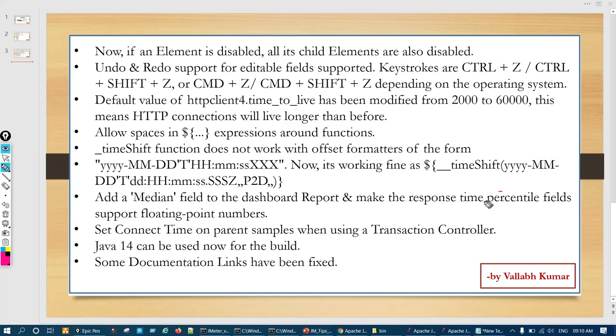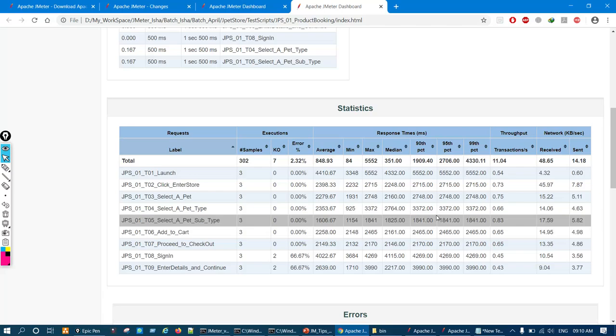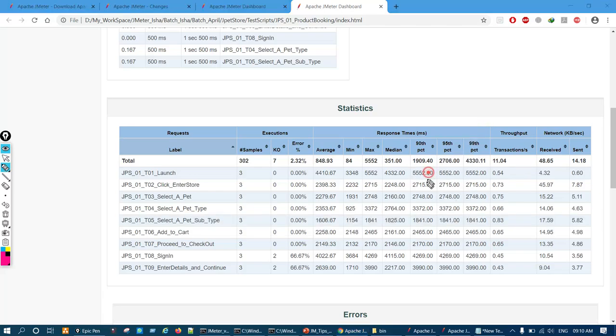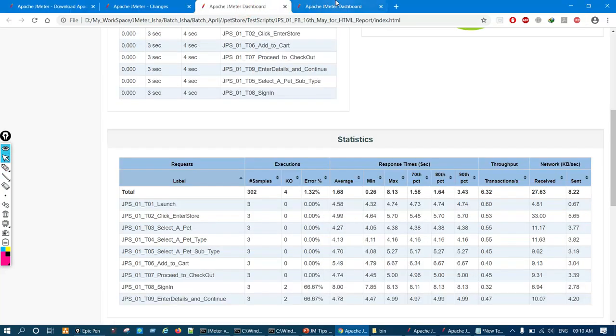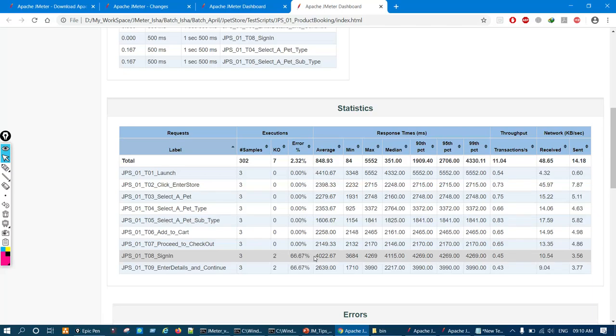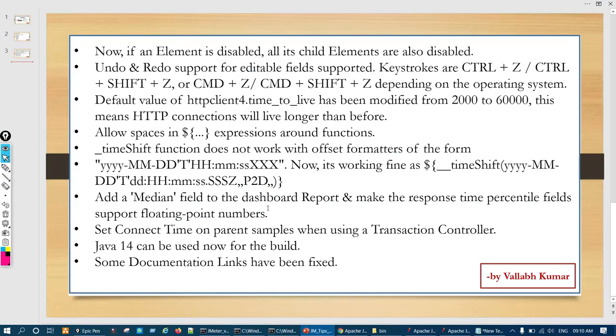The response time percentile field also supports floating point numbers, so if there is a decimal value, it will be reflected here. These two major enhancements have been made compared to the previous JMeter, and they are very good and important.